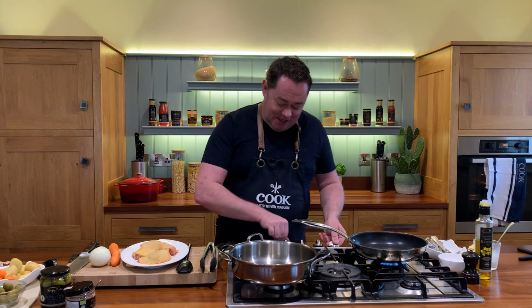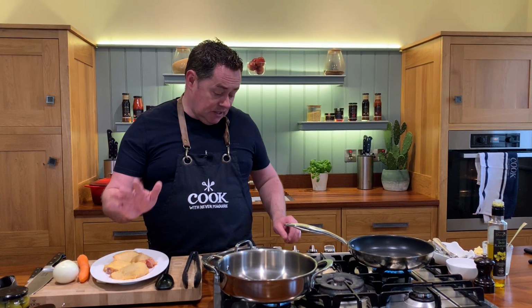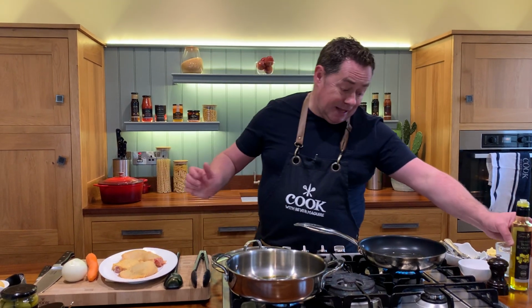Okay, so let's just heat both our pans. I'm using the small skillet, so I'm kind of doing half the recipe. It's roughly about 2 chicken thighs per person. We're going to put some rapeseed oil just into both the pot and the pan, and then we're going to